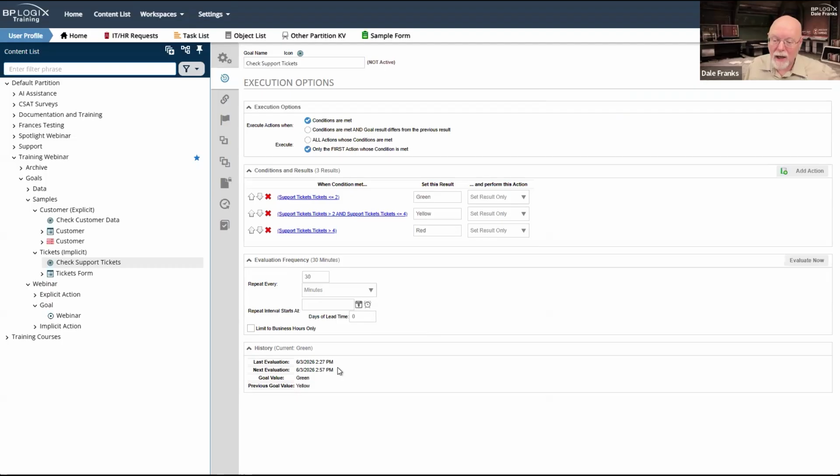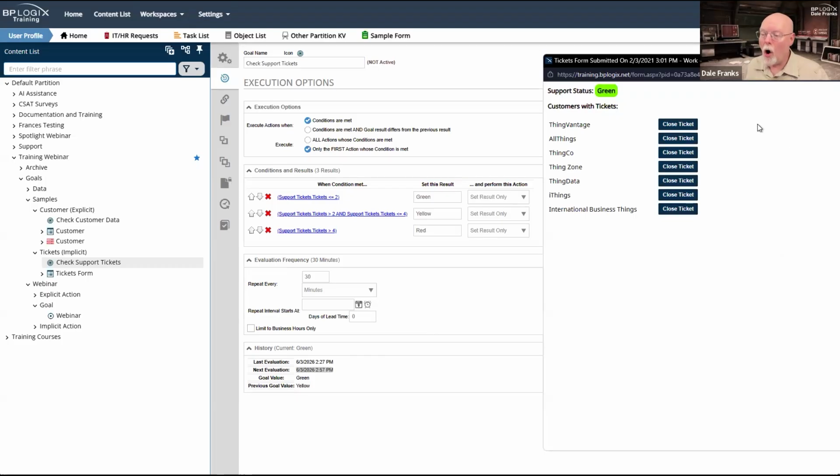And the reason it's telling me that is because yesterday at 2:57 p.m., when I ran this goal, it was green. And the reason it was green was because I did all of these support tickets. It's red now because I re-imported the Excel spreadsheet that has all this data in, and I reset it back to status quo ante.